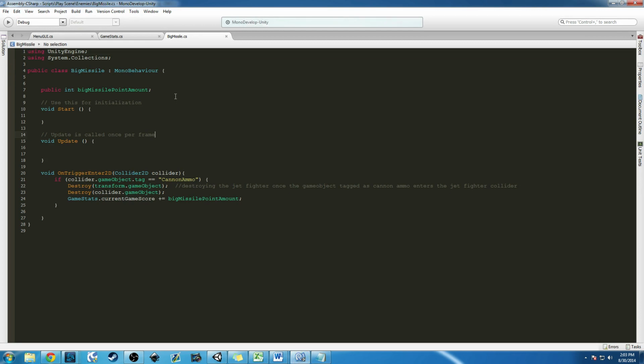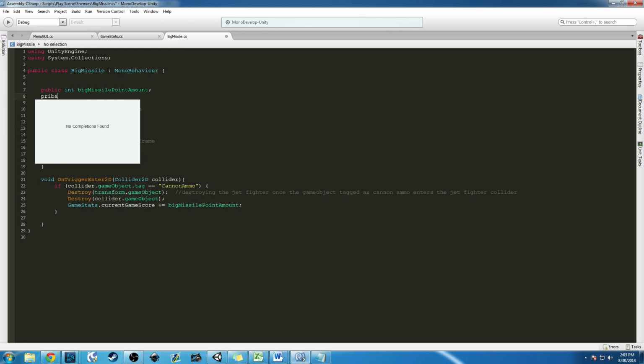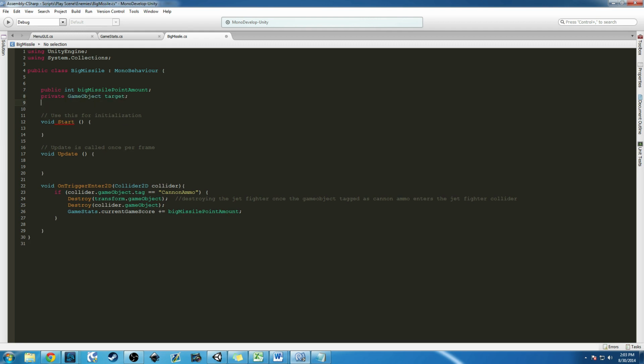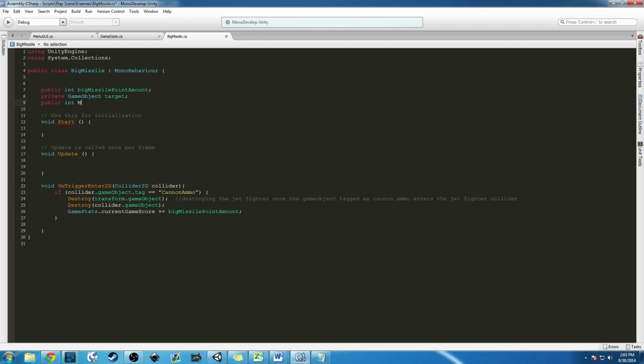and you see we don't have much information here, so we're going to go ahead and add a few things. The first thing we're going to add is a couple variables. We're going to go private game object, and we're going to call this target. And we're going to create a public variable, an integer, called missile speed. Okay. So go ahead and add those two variables,